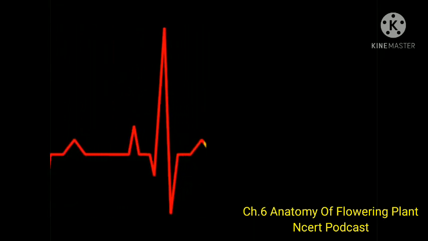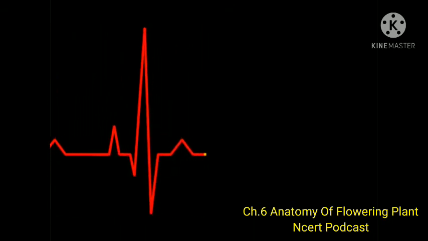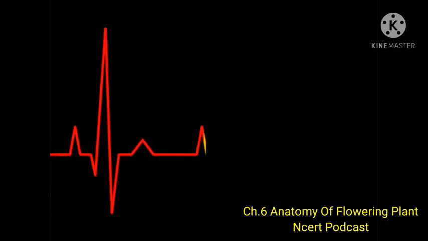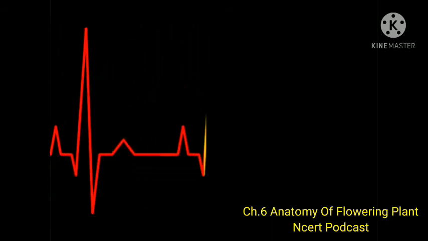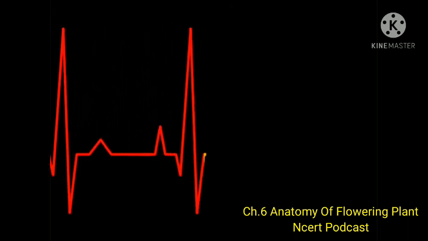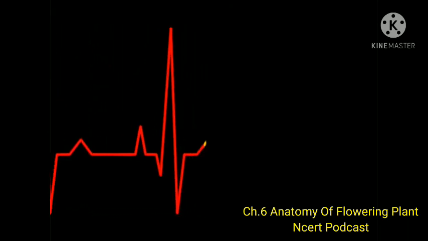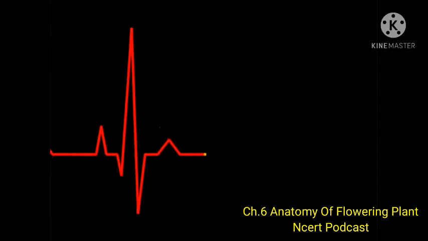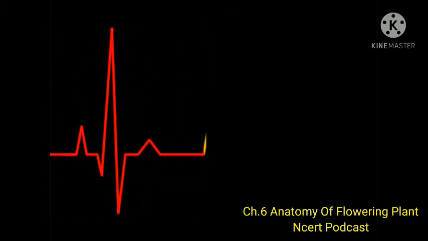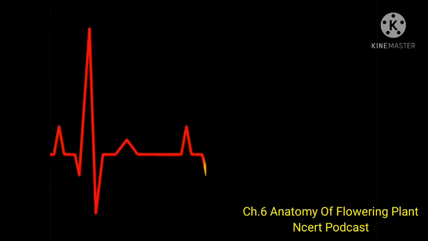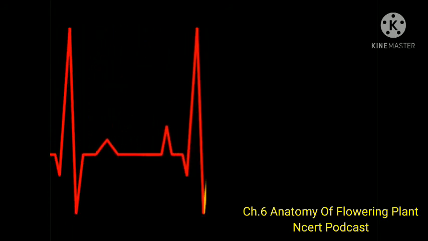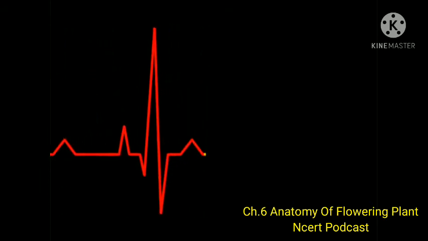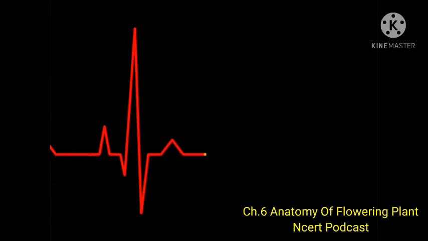The tissue between the upper and the lower epidermis is called the mesophyll. Mesophyll, which possesses chloroplast and carries out photosynthesis, is made up of parenchyma. It has two types of cells, the palisade parenchyma and the spongy parenchyma. The adaxially placed palisade parenchyma is made up of elongated cells which are arranged vertically and parallel to each other. The oval or round and loosely arranged spongy parenchyma is situated below the palisade cells and extends to the lower epidermis. There are numerous large spaces and air cavities between the cells.